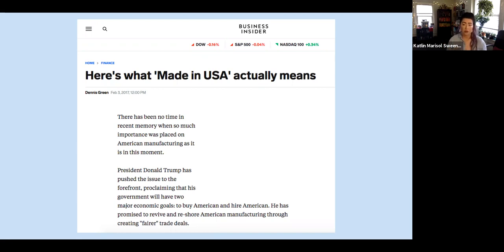his first paragraph then, and with article writing, it's a bit different. He only has the one sentence, but his first paragraph, if you will, of "There has been no time in recent memory when so much importance was placed on American manufacturing as it is in this moment." We can see that this introduction helps him to set the stage for how he's going to pursue talking about